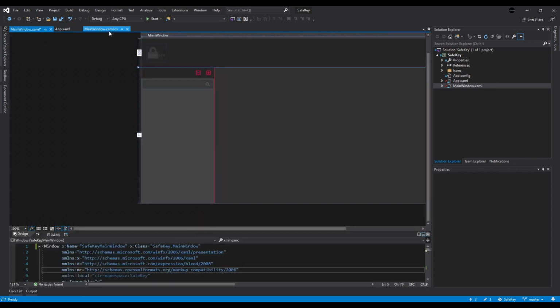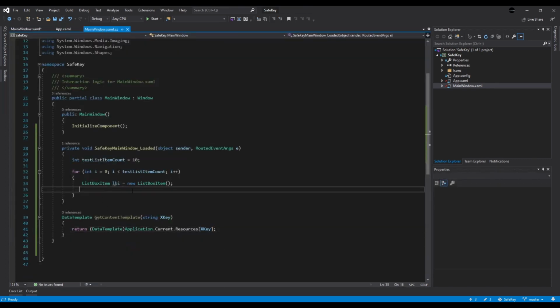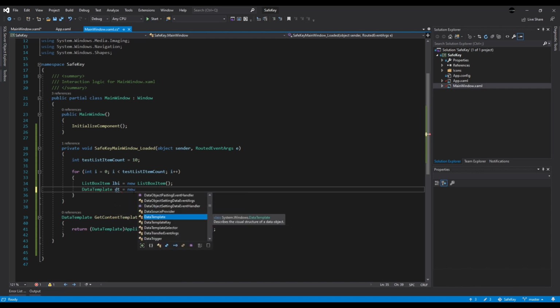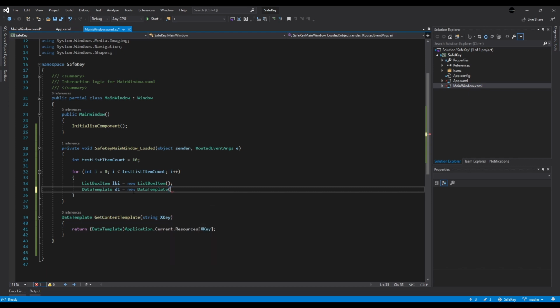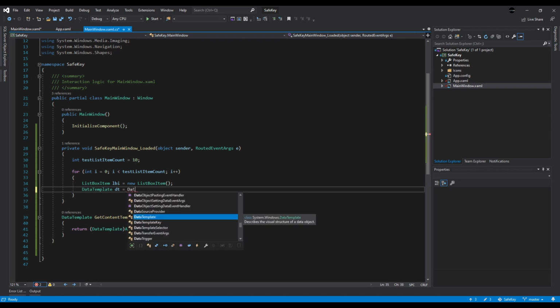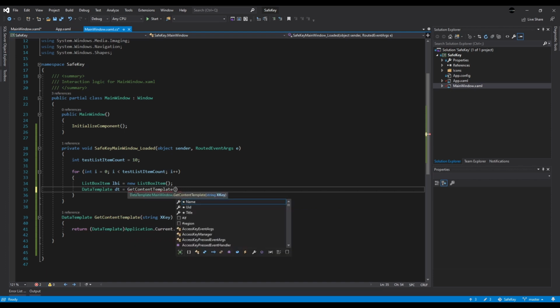So that's how we're going to get this one. So we'll do data template dt equals new data template, equals data get content template, and then that,